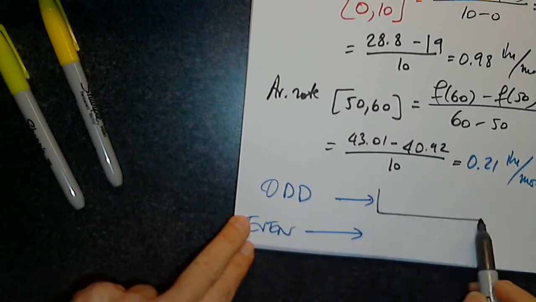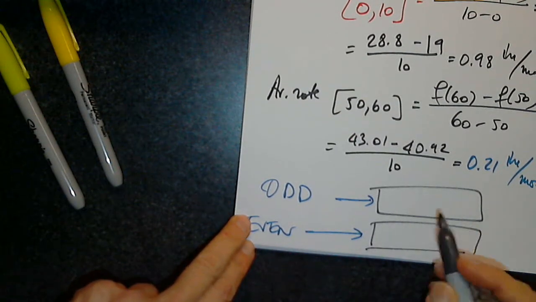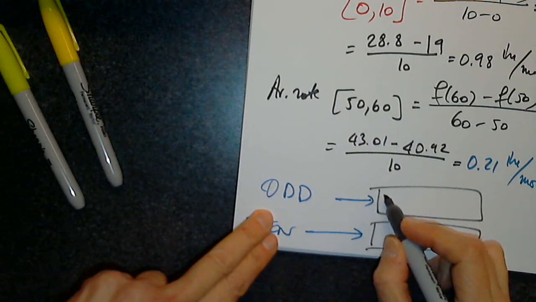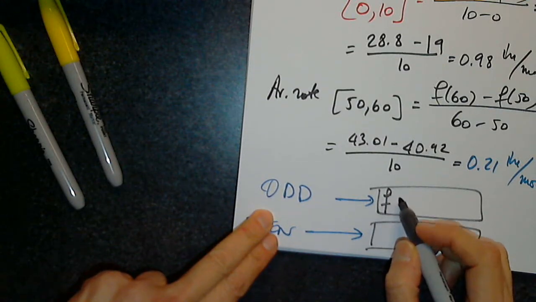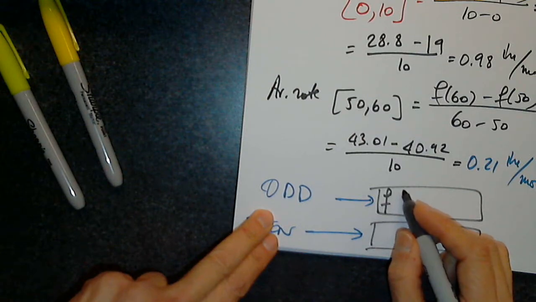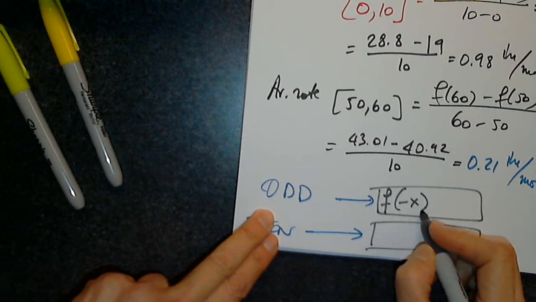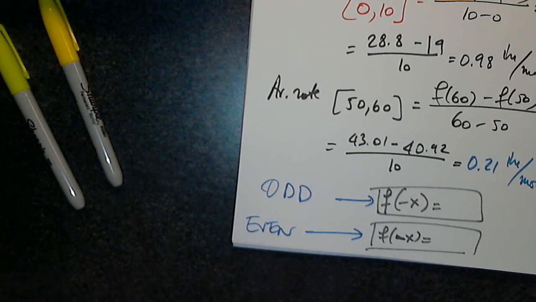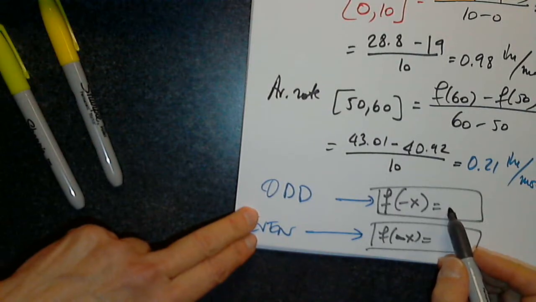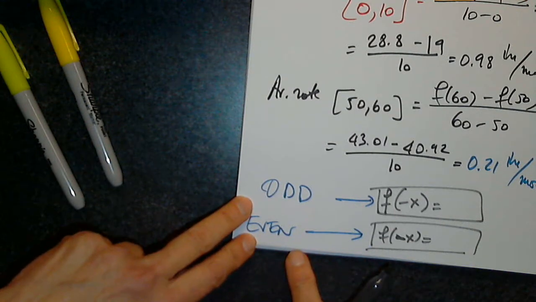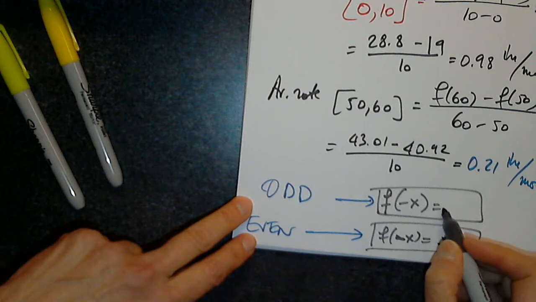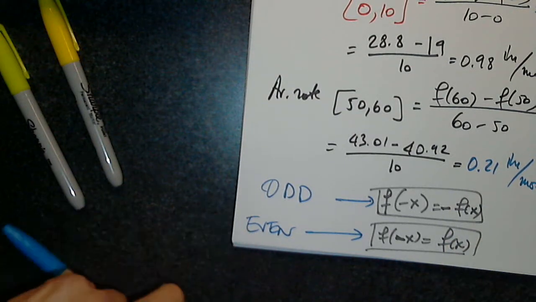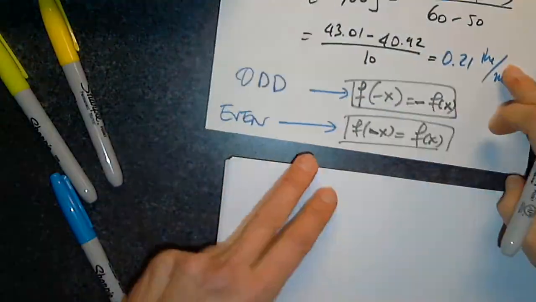Right, but what is the equation? What is the equation? For odd it is negative f of x. So f of negative x, in both cases, that's what we determine, f of negative x. So if the function is odd, f of negative x equals negative f of x. And f of negative x equals f of x is for even. Good. So now the function we are looking at